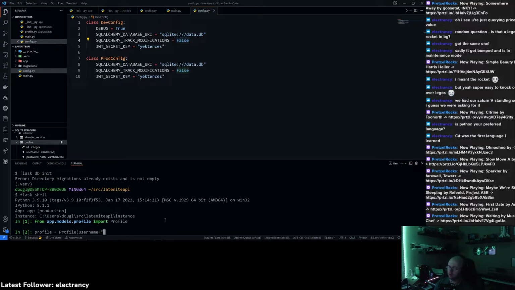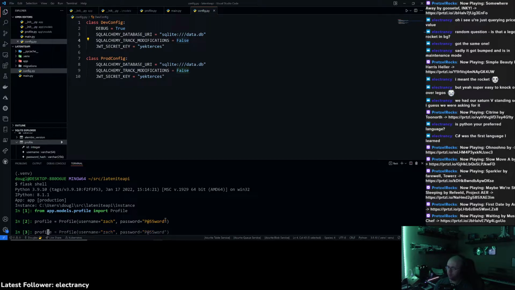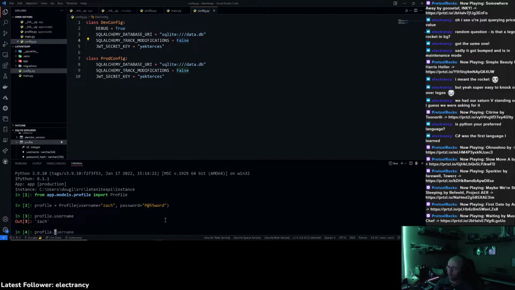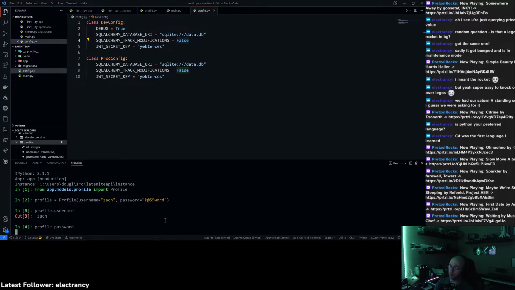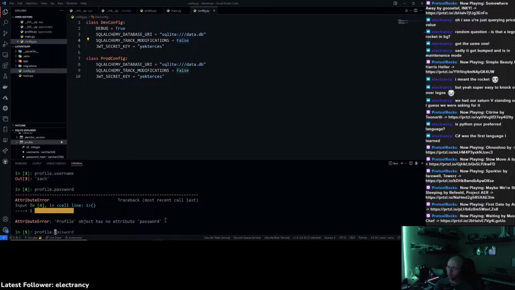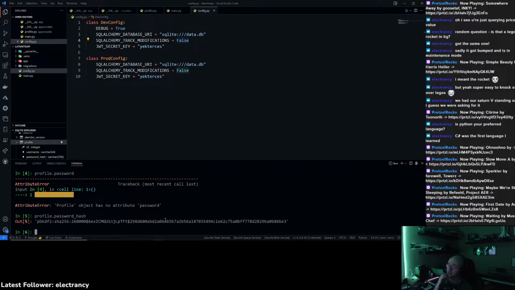Okay. Username equals Zach and password equals this very strong password here. Now, if I look at profile.username, obviously, but if I look at profile.password, well, first of all, profile.password doesn't exist, but if I look at profile.password_hash, that's what'll actually be stored. And then all I have to do is say profile.save,